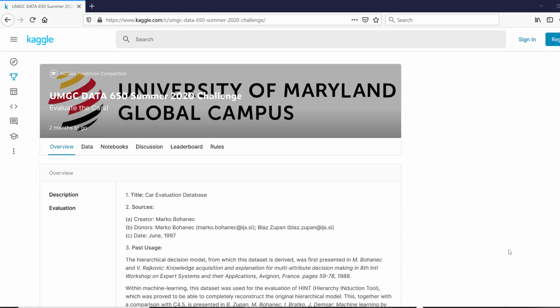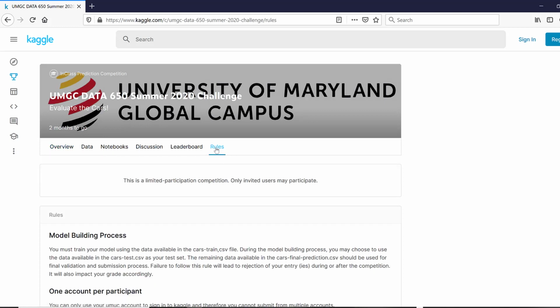There are multiple tabs on this page, as you can see. Once you've established a login, you would actually go straight to the rules tab, where you would be asked to accept the rules.